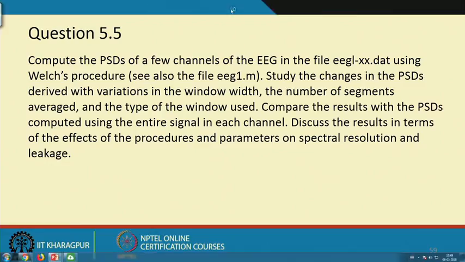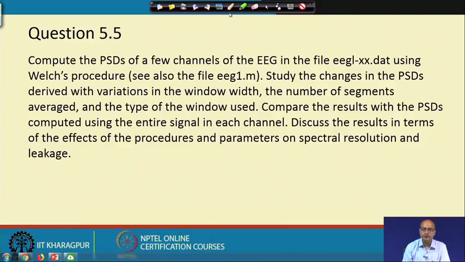So, now we look at the fifth problem of tutorial 5. Here we are given a few channels of the EEG signal and we have to use the Welch procedure, that is, how to compute the average PSD. So, we have to study the change in the PSD